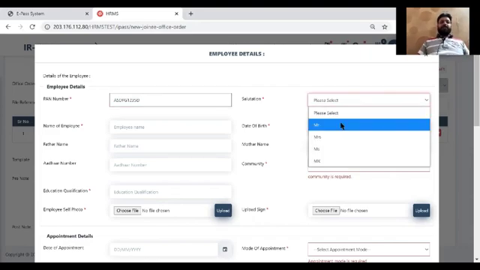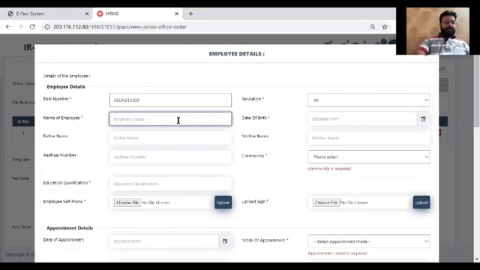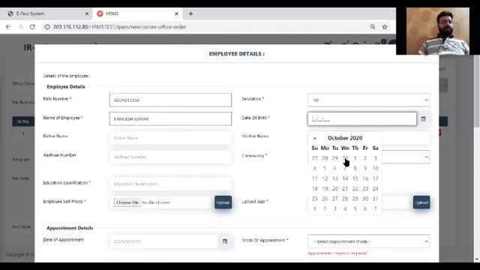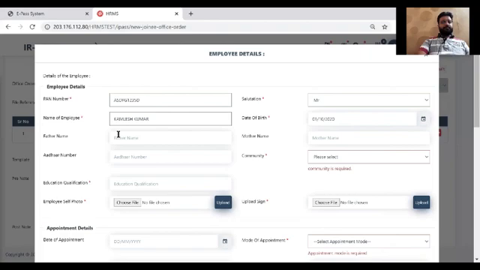Then I need to enter the rest of the information like name, employee name. I'm entering just a dummy name, date of birth, father's name, mother's name, Aadhaar number.